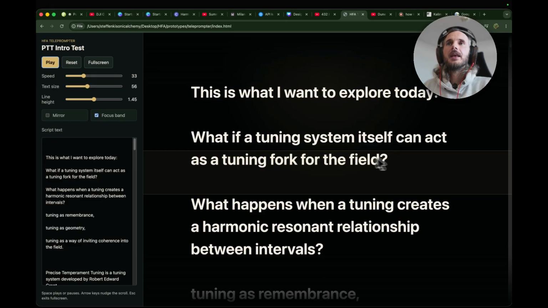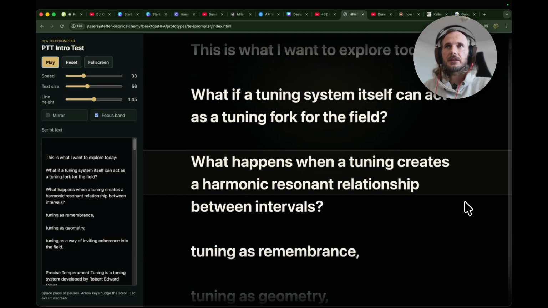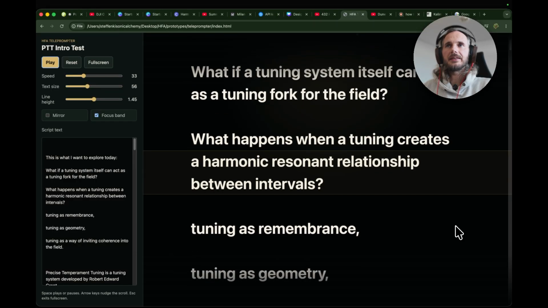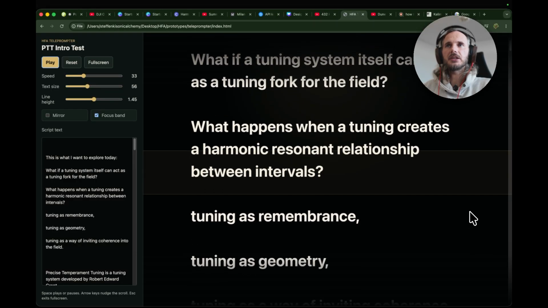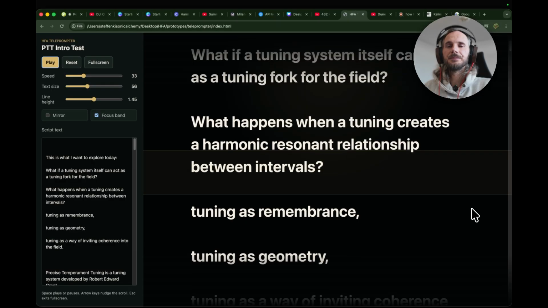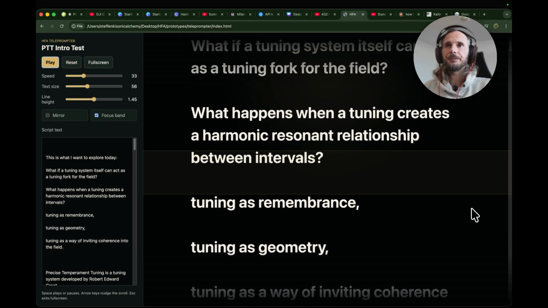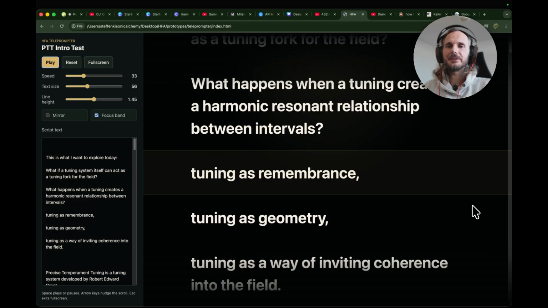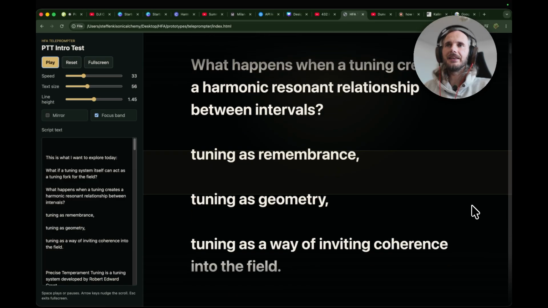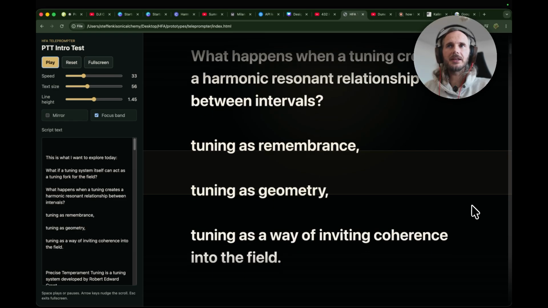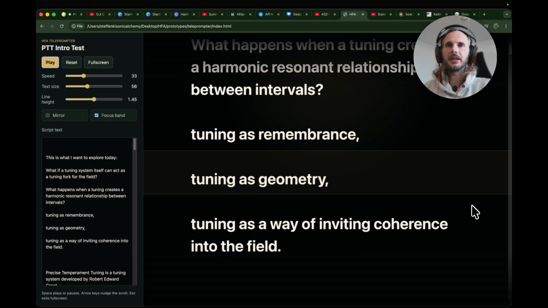So what if a tuning system can act as a tuning fork for the field? That's the question. What happens when a tuning creates a harmonic, resonant relationship between intervals? That's what it's all about. The temperament is the harmonic relationship between the intervals, and tuning can serve as a remembrance. How so? If a tuning is also based on geometry, it has a more coherent way of tuning the field,